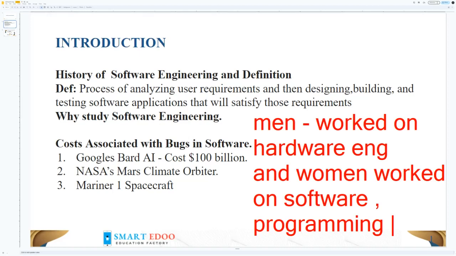But as you can tell, in this current age, software engineering is more highly valued than hardware, even though hardware engineering is what enables software engineering to achieve anything nowadays.